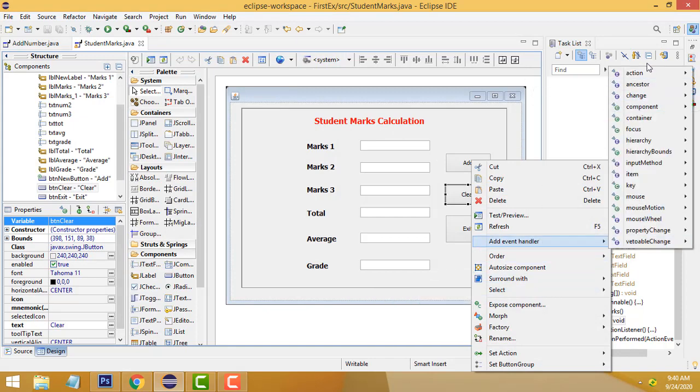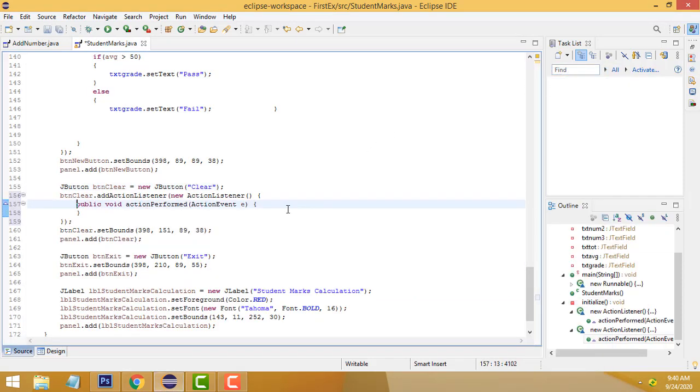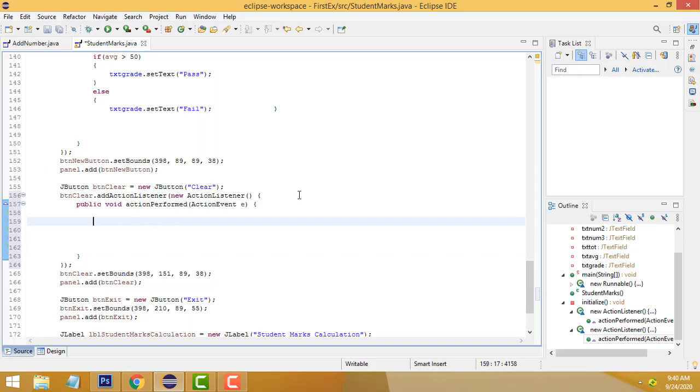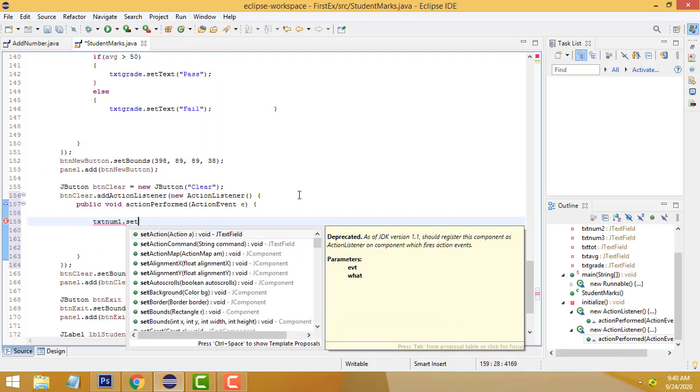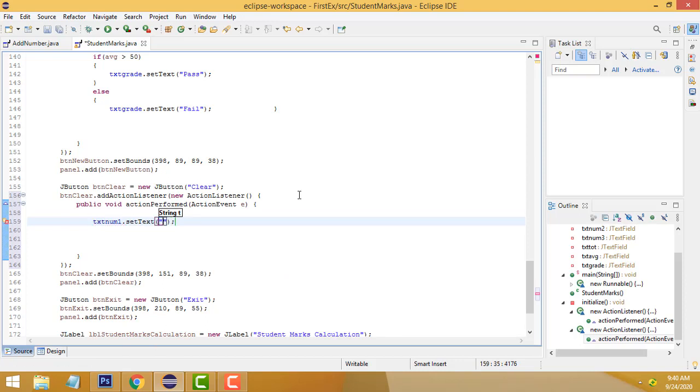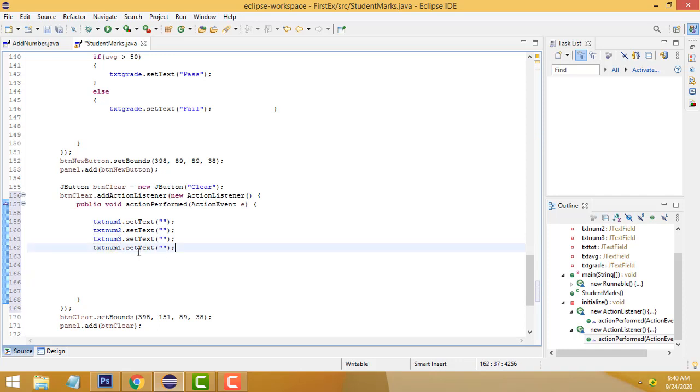So action event. Here, txt num1 dot setText, you have tried this one. Control C to copy, Control V to paste here. Right, here also dot setText. Same thing, Control C to copy, Control V, this one should be the average.